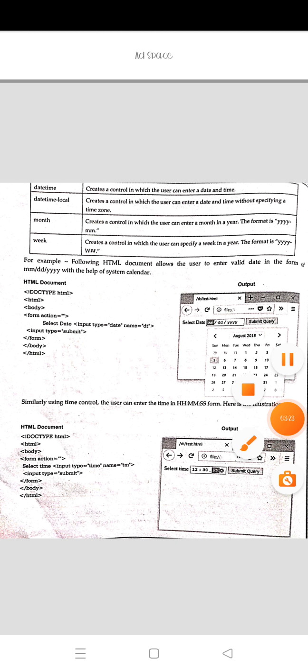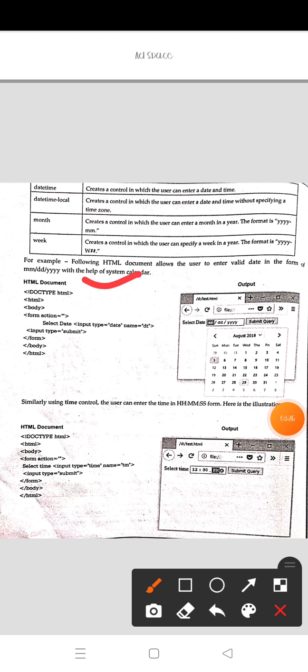The first is date. Document type, HTML, body, then form, action, then select date, input type is equal to date, then name is equal to DT, then input type submit. If you give input type is equal to date, you will get it like this.